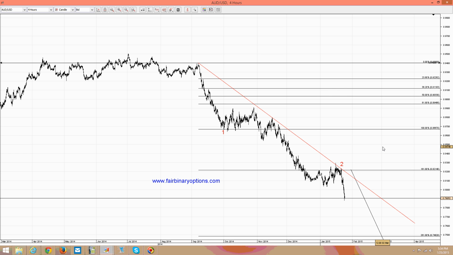These put options here come in the following scenario. We have a flat for the first correction, so this would be wave A, B, C, a flat for the first correction, then the X wave, and then a contracting triangle that goes A, B, C, D, and then the E wave here. This is being called a double 3 running,